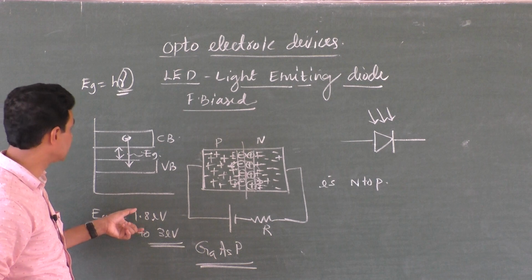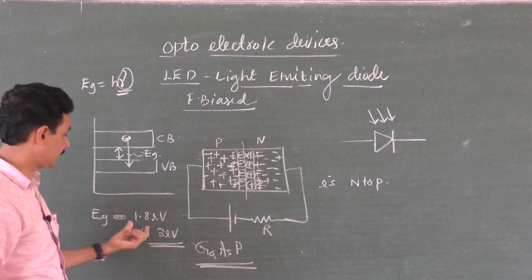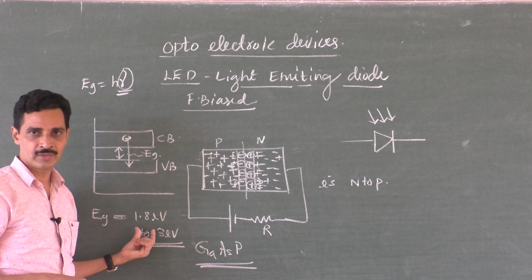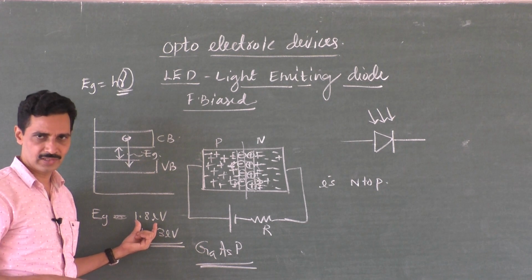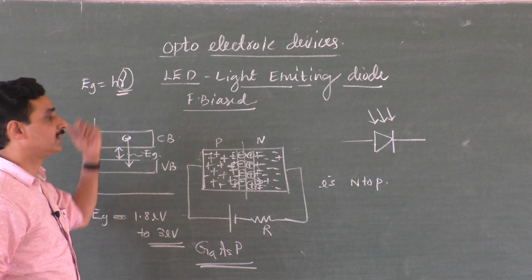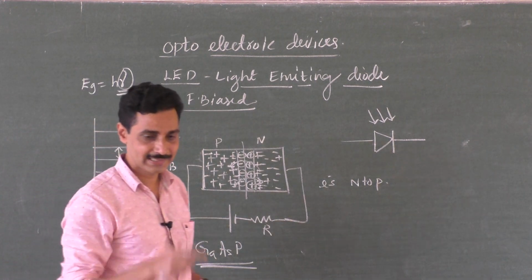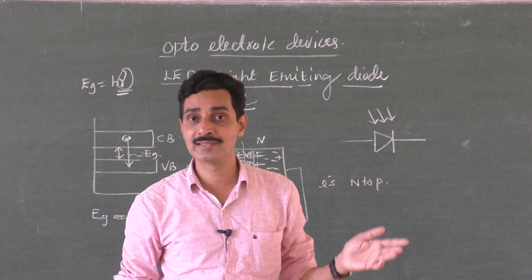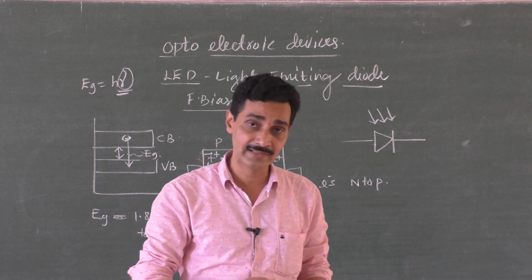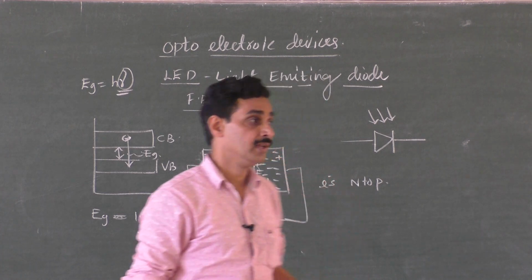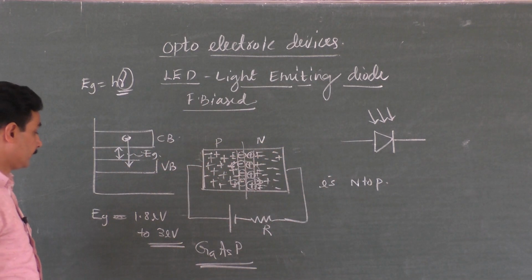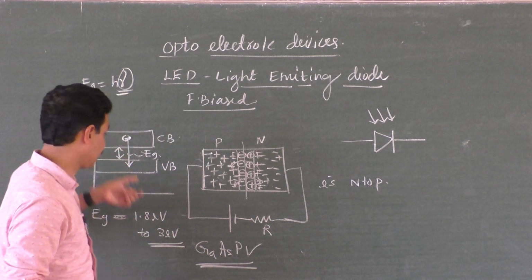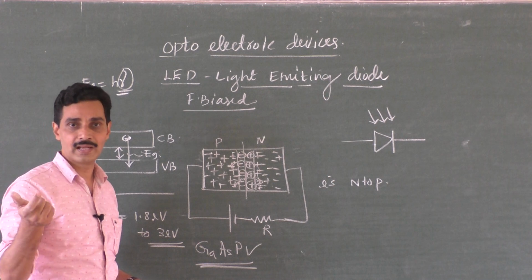If you convert this energy into h nu, you know h, but convert the electron volts into joules by multiplying by 1.6 into 10 to the power minus 19 joules. The frequency you get, the wavelength you get, that is in the visible form. You can see that. In an ordinary diode, when it is forward biased, you can't see because it is infrared. Infrared can be felt but cannot be seen through our eyes. So this is the material chosen. By selecting a certain material, we can have different energy gaps and we can have different colored light.